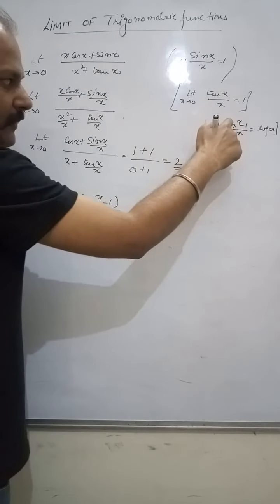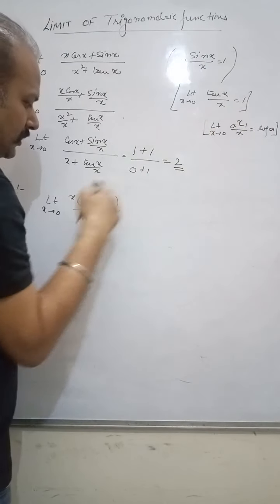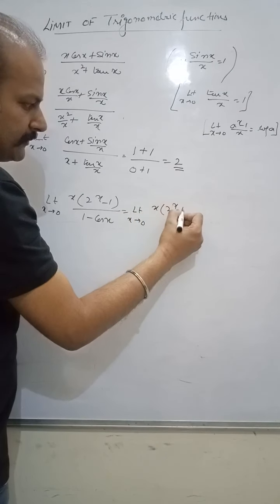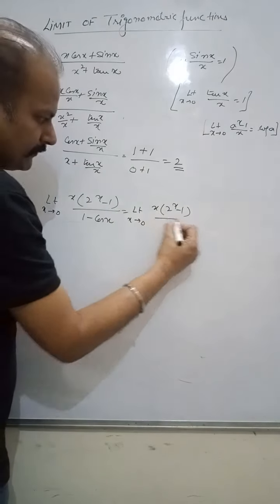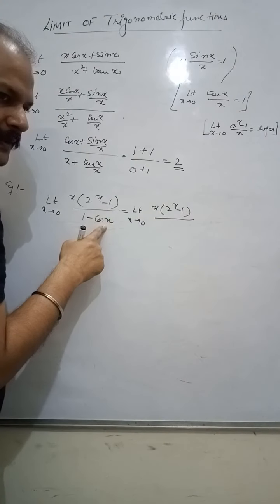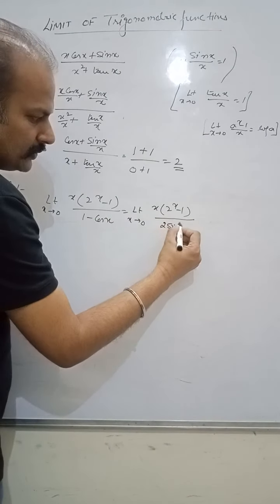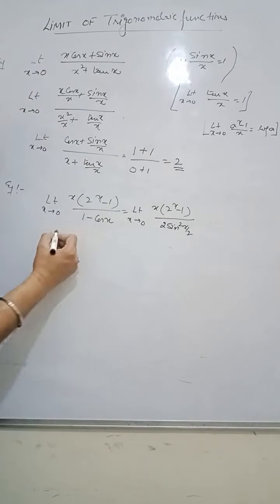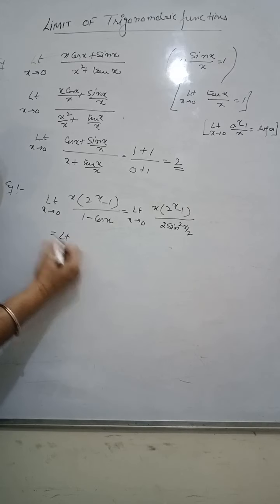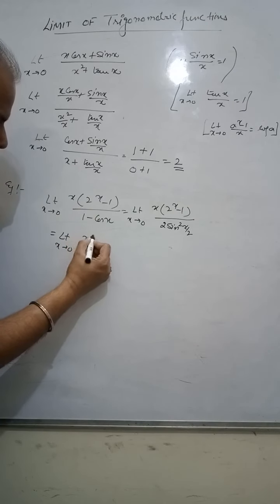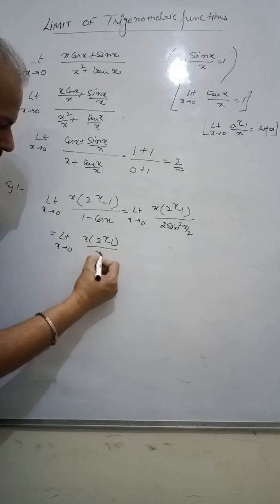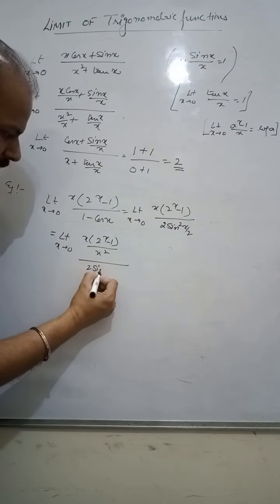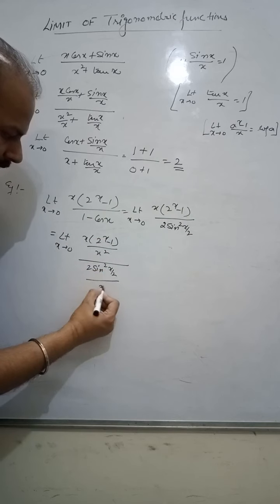So this a equals 2, (2^x minus 1) upon x, not into x. So one thing, this is making us clear that we have to divide the numerator and denominator by x square. Before that, let me use this 1 minus cos. 1 minus cos x is 2 sin square x by 2. Now, this is limit x goes to 0. What I do is, I divide the numerator and denominator by x square as per the need of this identity. This is 2 sine square x by 2 by x square.